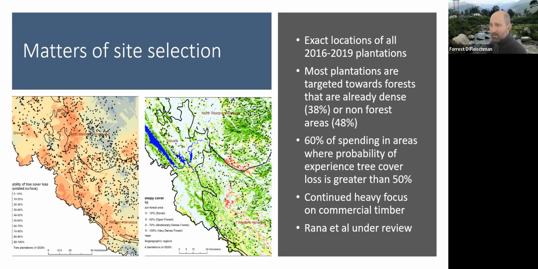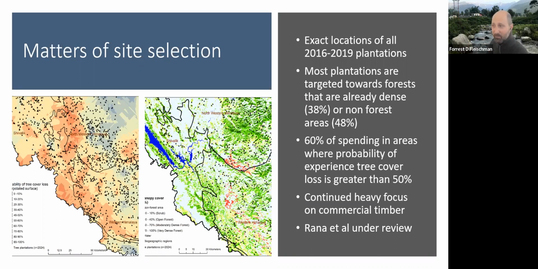And he basically built a model of the probability of future forest cover loss based on past forest cover loss. And we found that 60% of the spending on plantations was to plant trees in places where, based on past trends, the probability of experiencing tree cover loss was greater than 50%. So it seems like a lot of these plantations are going into places where either their benefits might be minimal, like in an already dense forest, or where it's likely that the trees won't survive, like I mentioned, a steep